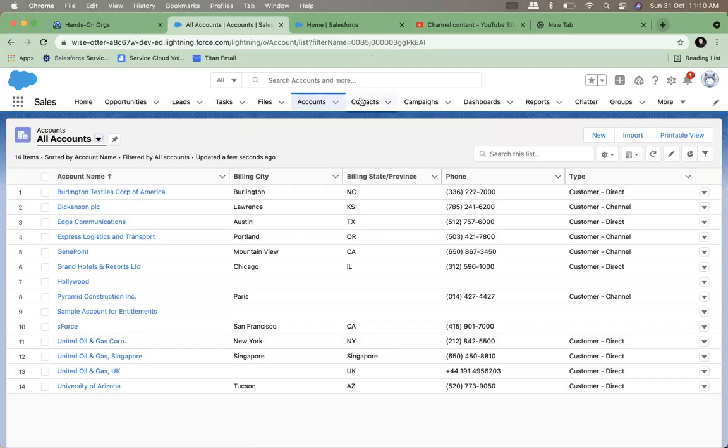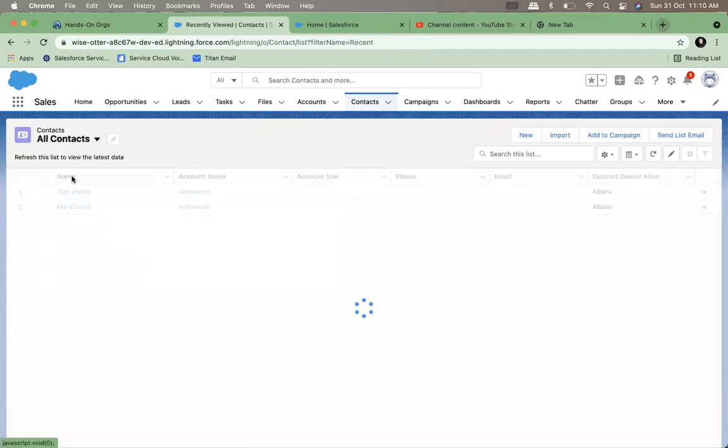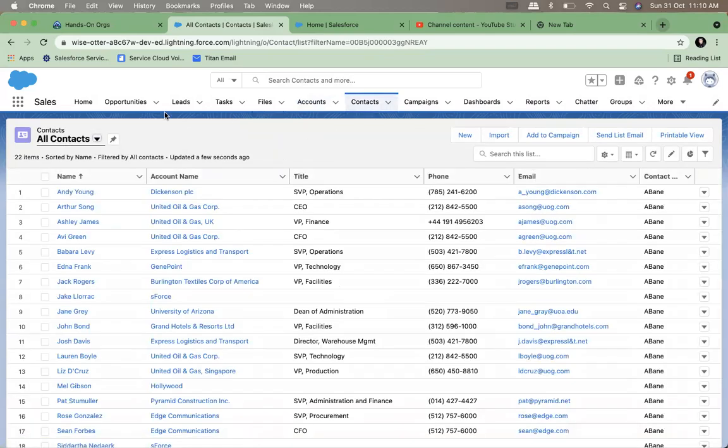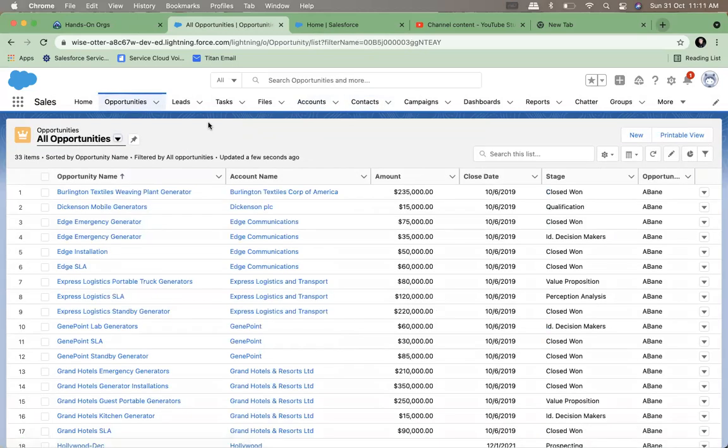I can put all columns of the table also. Similarly, account is a table, contact is a table, and contact has all contacts. Opportunity is a table, and opportunity has all opportunities. These are all the opportunities in the system. And there are multiple people who are working on it, right? Similarly, you can create your own table.